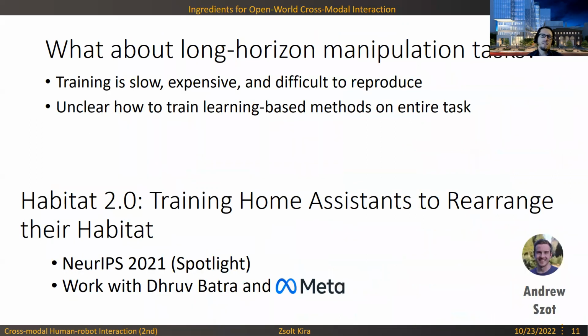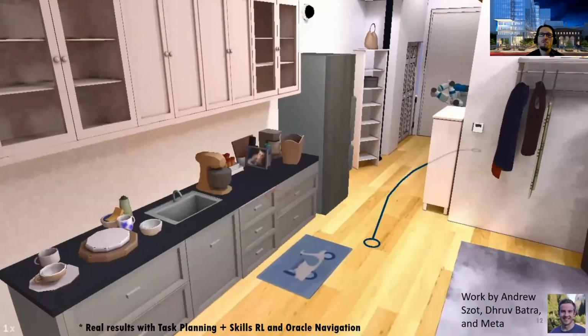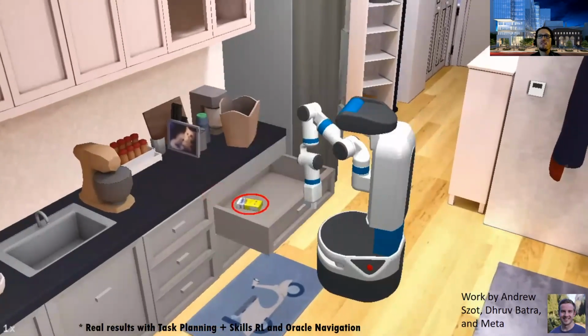Okay, so that's some work that we've done. Some recent work that we have done in simulation to really push the boundaries of this to add things like physics, which vision language navigation does not have, is our Habitat 2.0 work. This is with a co-advised student, Andrew Sazat, with Dhruv Batra and lots of Meta folks as well. And the key here is to have, again, very long horizon robotics tasks, but also include things like physics and